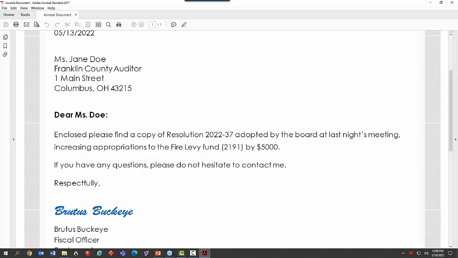So you see, I have to tell the county because the county is going to look at my total appropriations. Now I just appropriated $5,000 more, and they're going to compare that to my amended certificate, and they're going to send me back a piece of paper that says you did not over appropriate. Now I know I've talked to people in some counties, their county doesn't send them anything back. So you are required, as far as I know, by every single county, that if you change the total appropriations to a fund like this, I just increased it $5,000, I have to send a copy of the legislation to the county. And they may or may not send something back.